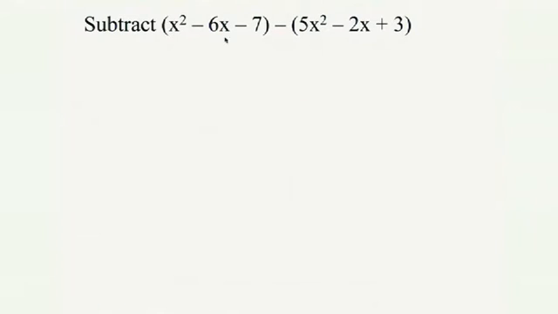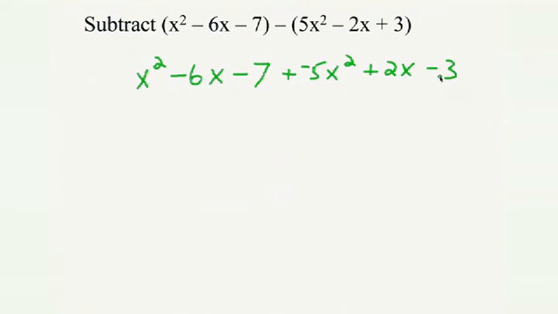So to rewrite this in terms of an addition problem, this is x squared minus 6x minus 7. I didn't change anything here. Change this to an addition sign and change all the signs here. Negative 5x squared plus 2x